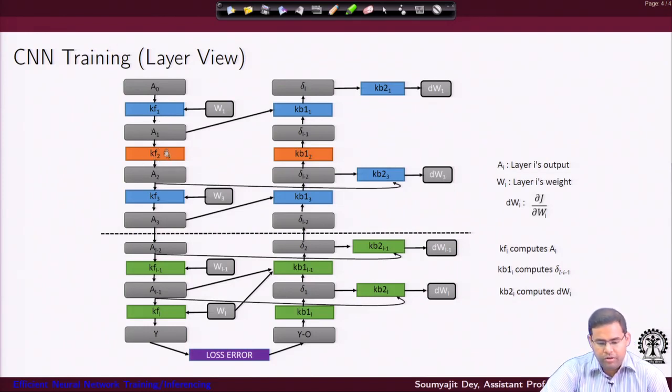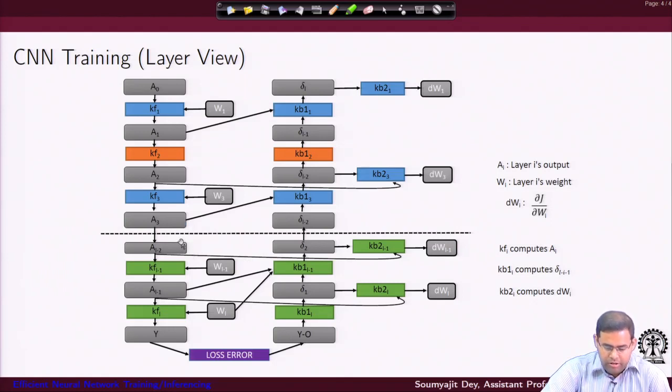So, let us say the orange ones are trying to represent pooling layers again. Then again I pull it down and downsample, I get A2, and again there is a convolution layer. Now, of course, for every convolution layer I not only need the image, but also the mask. So, I have a W1 here as an input, let us say I have a W3 here as an input, and so on and so forth, right. So, I have a convolution followed by pooling, again convolution followed by pooling, like that. Here I can think that these dots represent that there are more such layers here, right.